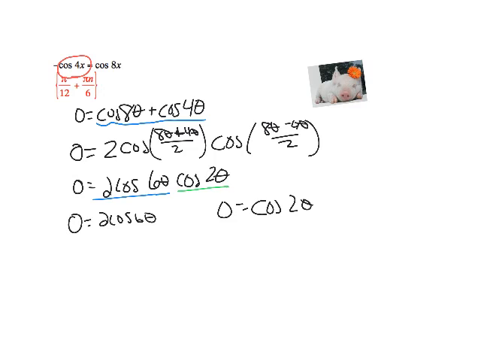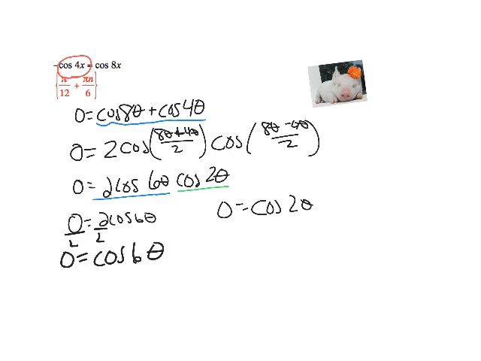All right, so the idea then is, where does cosine equal 0? You can take this and divide by 2, so you get 0 equals cosine of 6 theta. So now you have two equations, both of which equal 0, both dealing with cosine. Cosine equals 0 at pi over 2 and 3 pi over 2, and because those two are on straight lines,